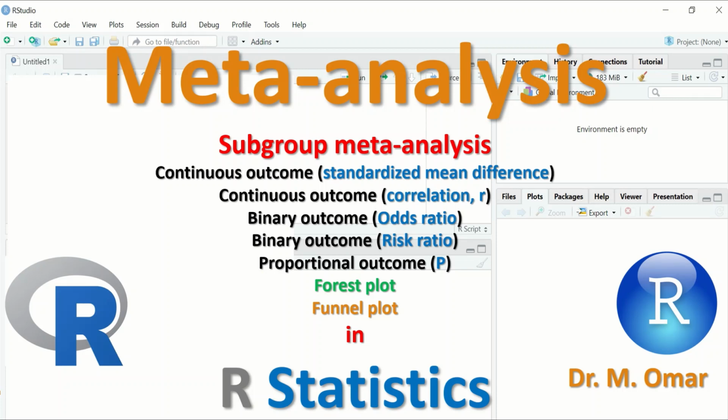In this video clip, I will show you how to perform meta-analysis and subgroup meta-analysis in R statistics with an outcome that is continuous and an outcome that is binary, and how to perform proportional meta-analysis and how to produce and estimate the effect size for a continuous outcome based on